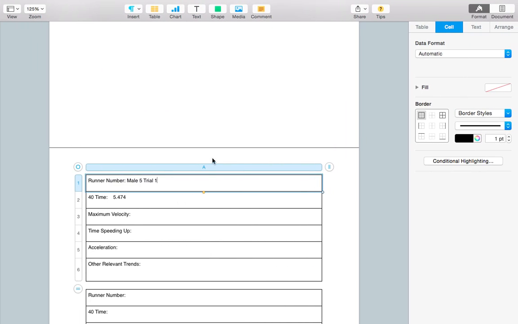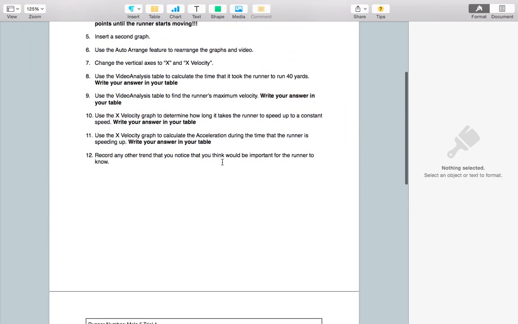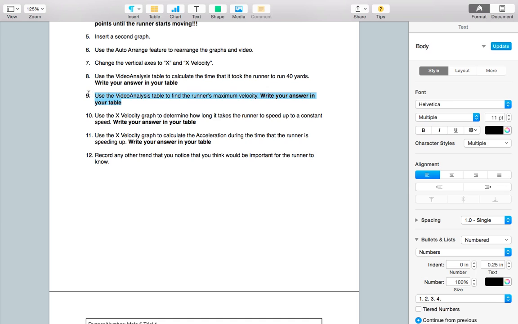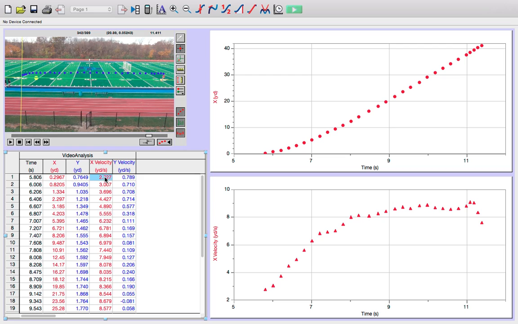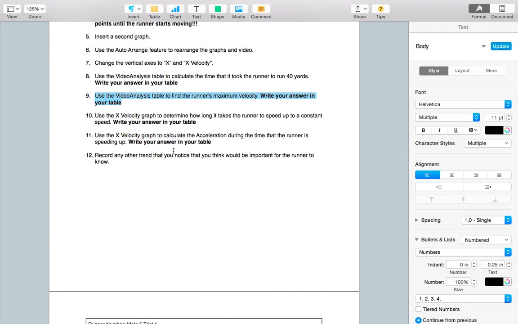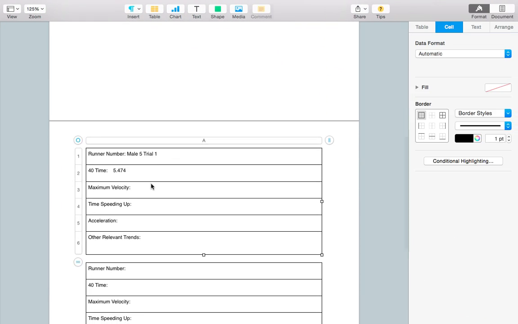Okay. Now it says use video analysis table to find the runner's maximum velocity. So the maximum velocity, see how I've got this velocity column here? I can just look through the velocity column and find out which one's the biggest. So as I look through here, I see some 8s, and I think here's a bigger one, 8.830. Ooh, I've got a 9 right there at the end. 9.030 is going to be my biggest. So I write that in here. Maximum velocity,